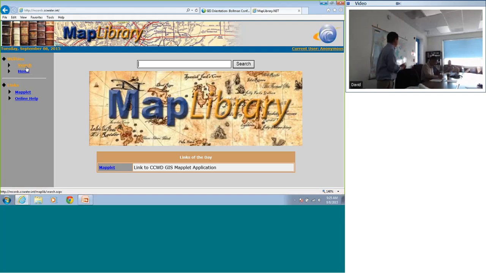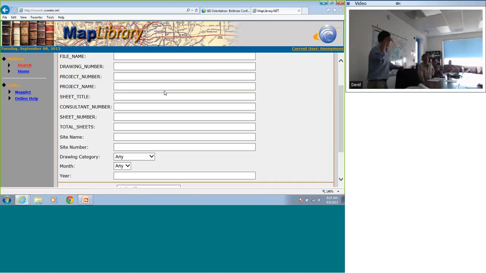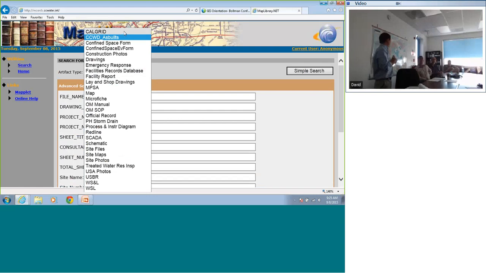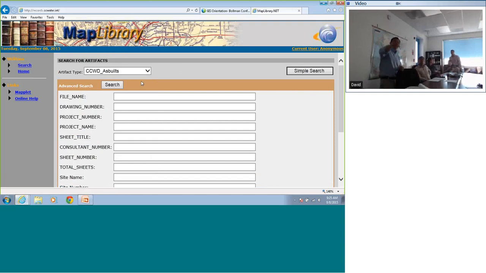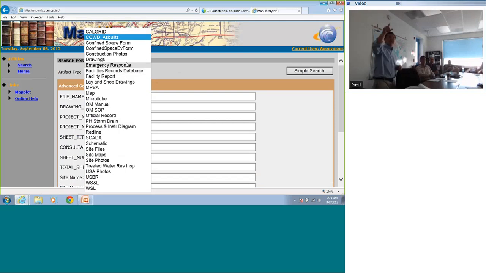But if you don't know what you're looking for per se, that's not recommended because it's just going to be so much work for you to get inundated with it. So I would recommend just go to the right-hand side and go search there. And here it will give you a lot more criteria. So here you can define what you need. So let's go back a second. So what Brent did was on the drop-down box there, there's other categories in there. 95% of the time you use those, and maybe the other 5% use the other category. So the Calgary,